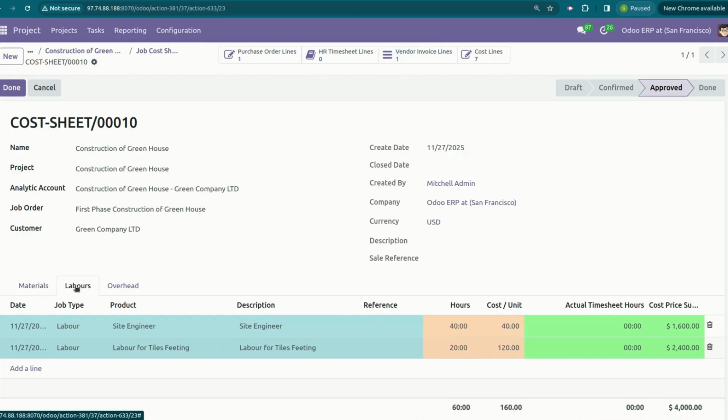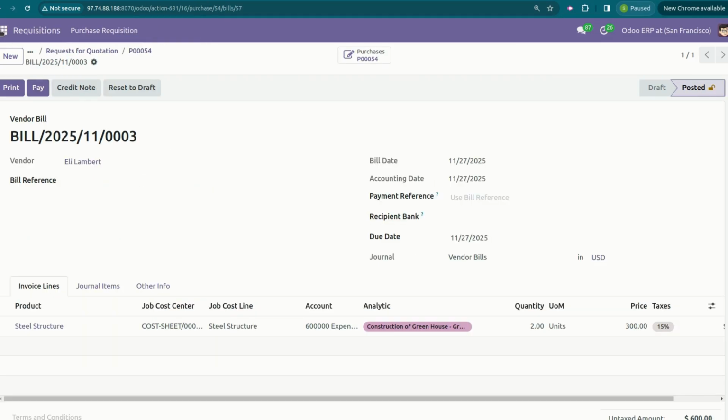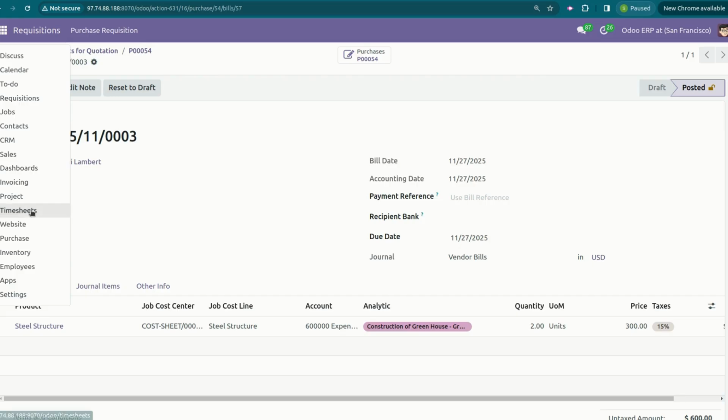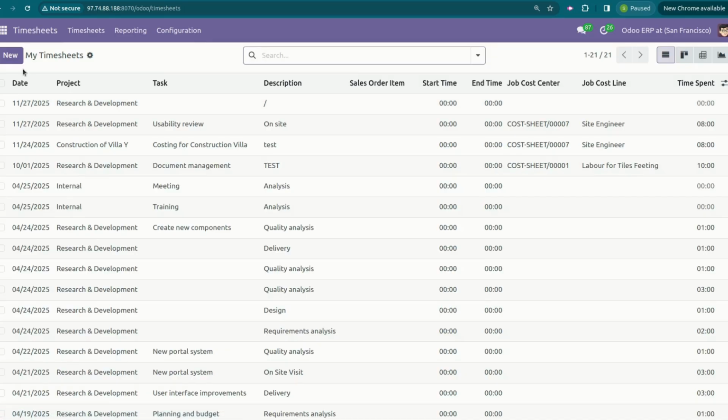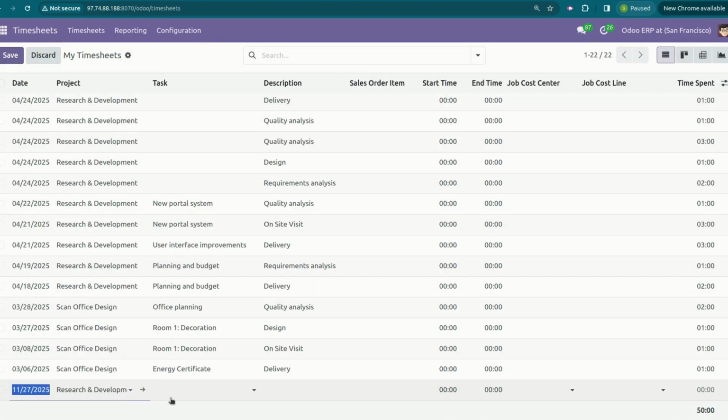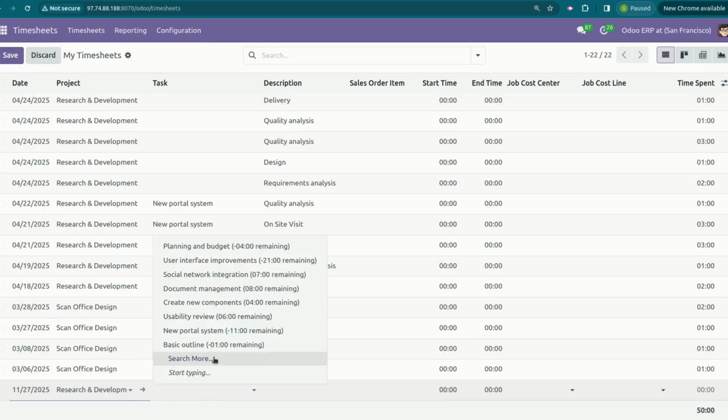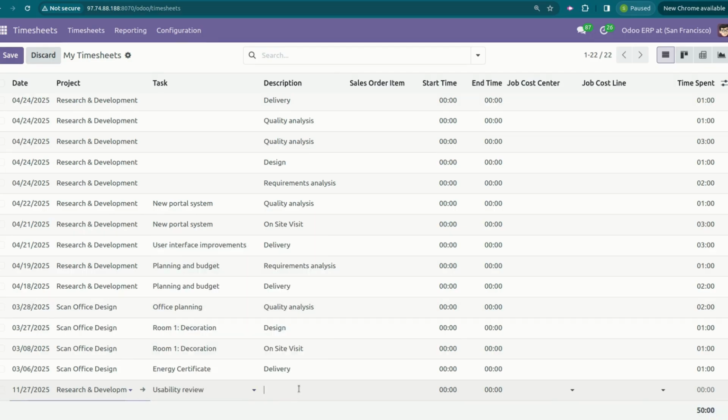Now the site engineer who spent some hours for this project on site is responsible for entering his timesheet. From here we have the timesheets as well as if it is related to labor work. So some responsible person can also enter the labor work hours in the system for better functionality. Here we can enter site visit and cost sheet will be entered here.